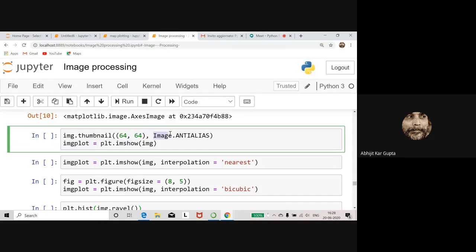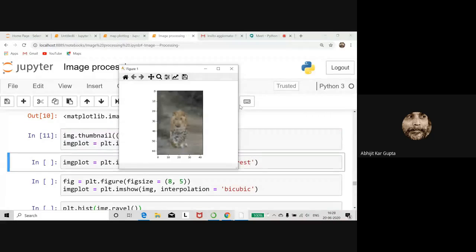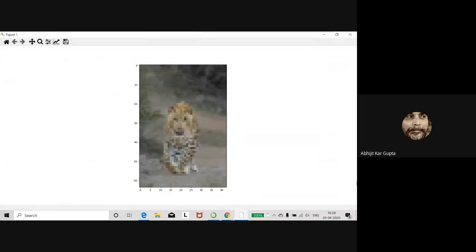With capital Image, one attribute is anti-alias, and you do this and change that image into a thumbnail, and then you plot plt.imshow image. If you run that, it will show you something like this. Okay.